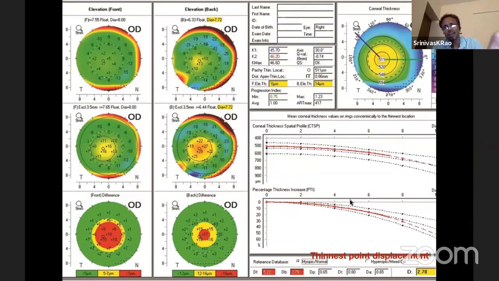So even if you didn't understand a word of what I said in the last 3 or 4 minutes about this slide, all you have to do is to look at this last D. And if the machine highlights it in yellow, there is something suspicious about that cornea. If the machine highlights it in red, then it is an abnormal cornea.